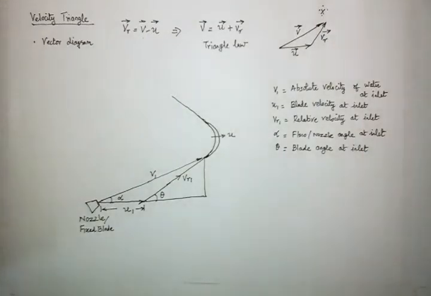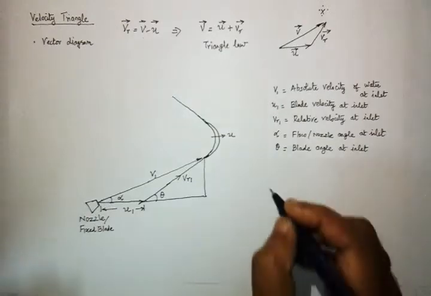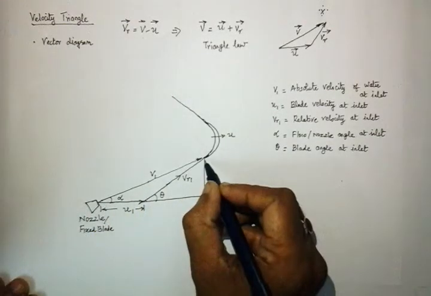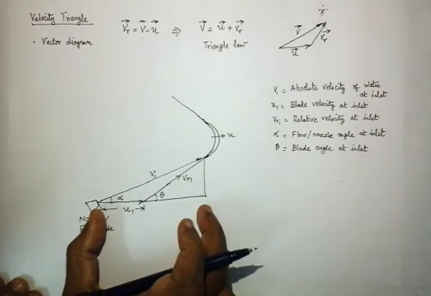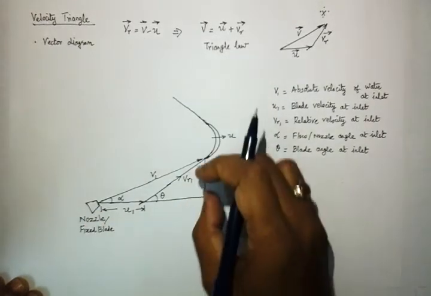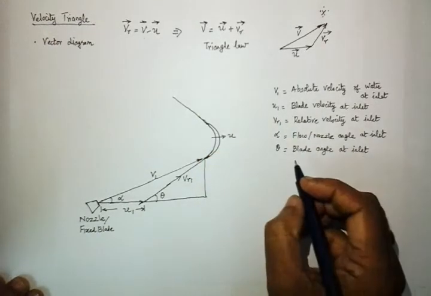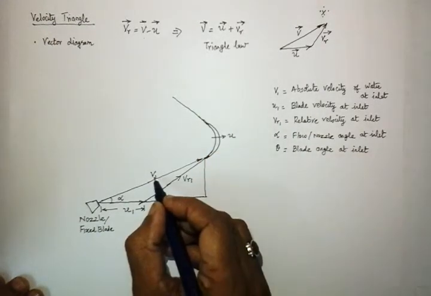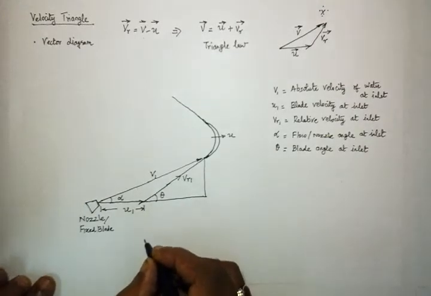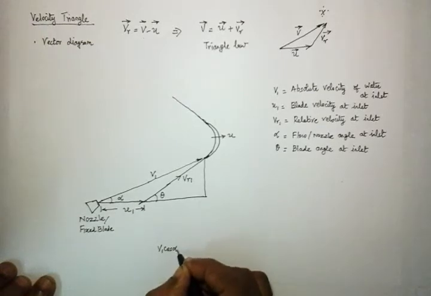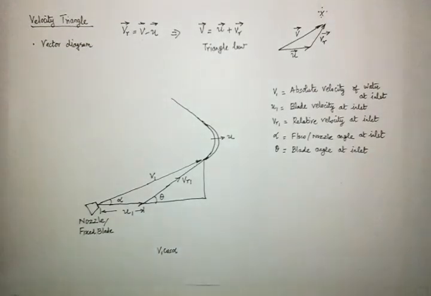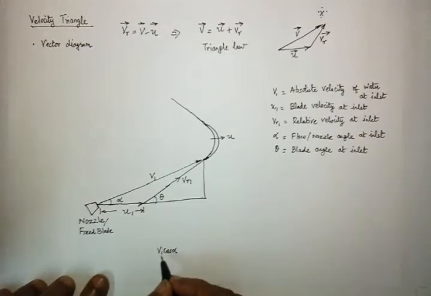Let me continue here regarding the components of absolute velocity. This is the absolute velocity. It is going to have some components, along the horizontal direction or in the direction of the blade and the other direction. So you have two components. One is namely v1 cos alpha. So v1 is the absolute velocity and v1 cos alpha is the component in the direction of the blade. So that is v1 cos alpha.